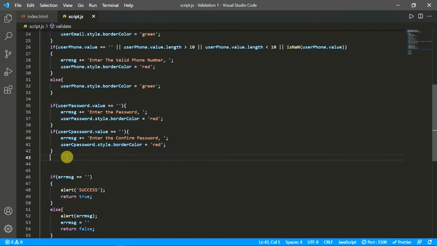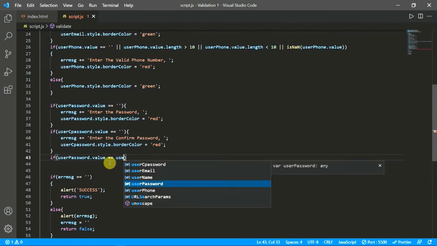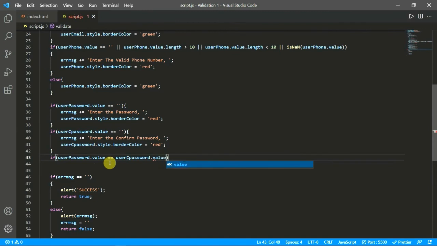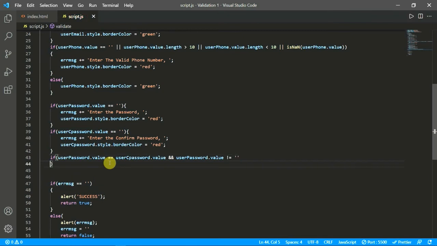So for that we will just write again if user password dot value equal to user c password dot value, and user password dot value not equal to null. Here we are checking if the user password dot value and the user confirm password dot value must be same and it should not be null.